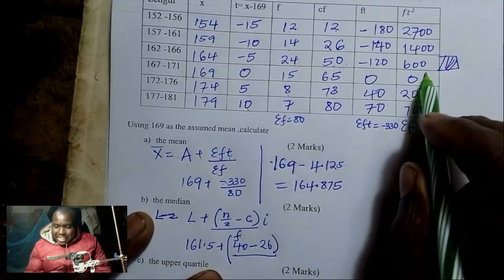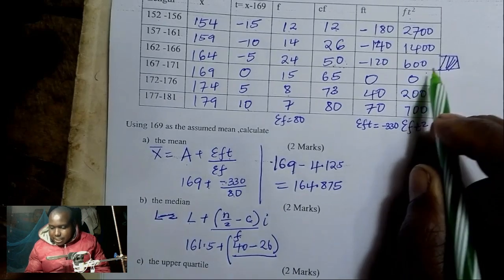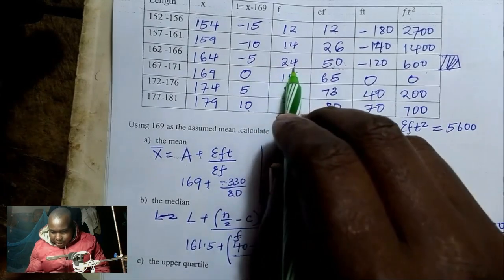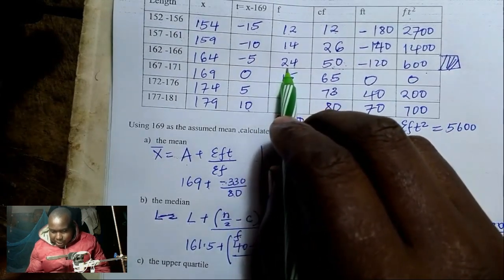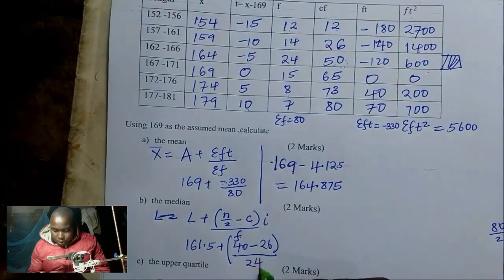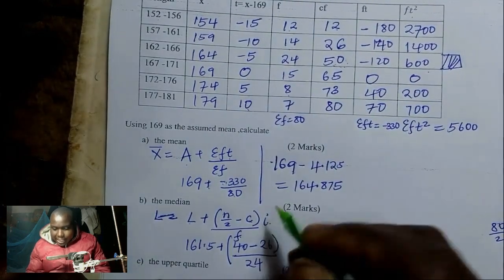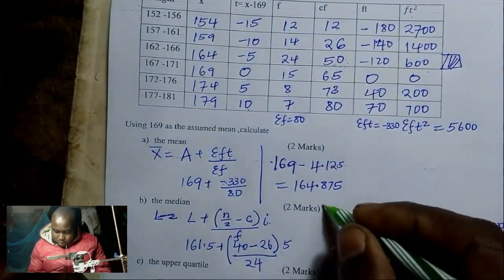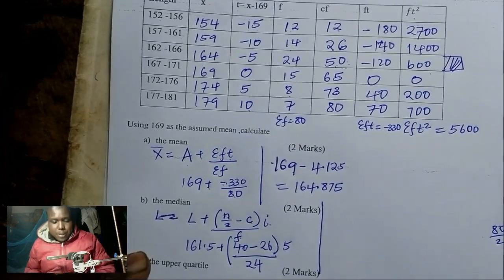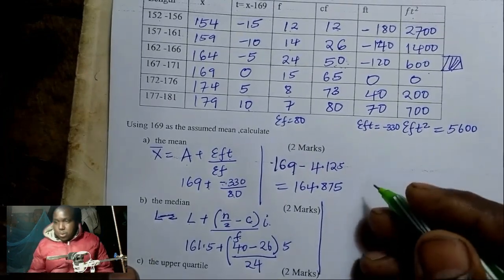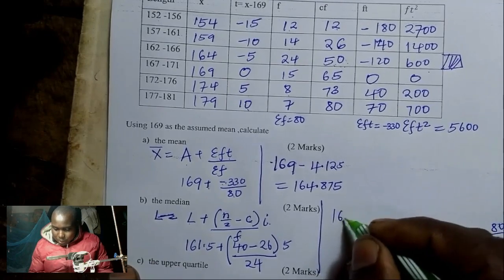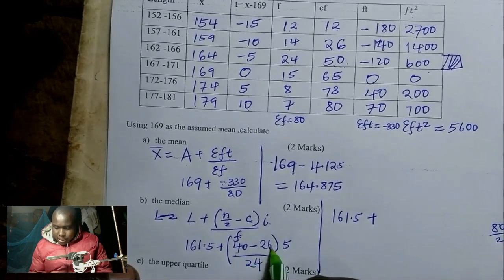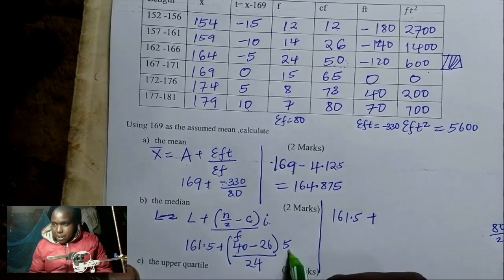F is the frequency in that class. The frequency in the class is 24. So you divide by 24 and then times I. I is the class interval. Our class interval is 5, times 5. So then now this is 161.5 plus you do this, you divide by this and then times 5, you get